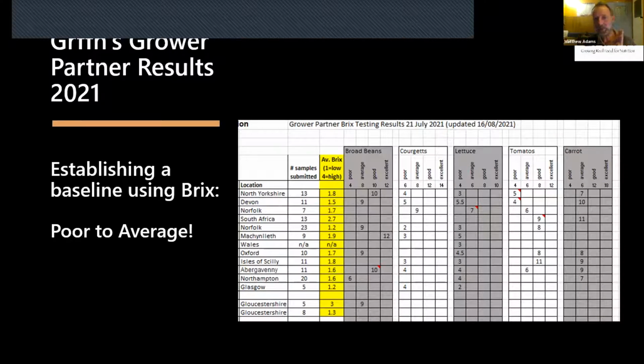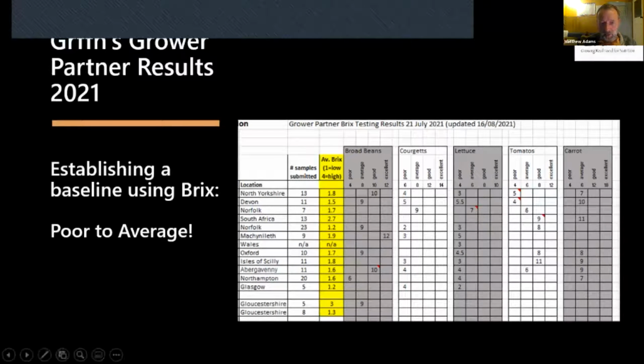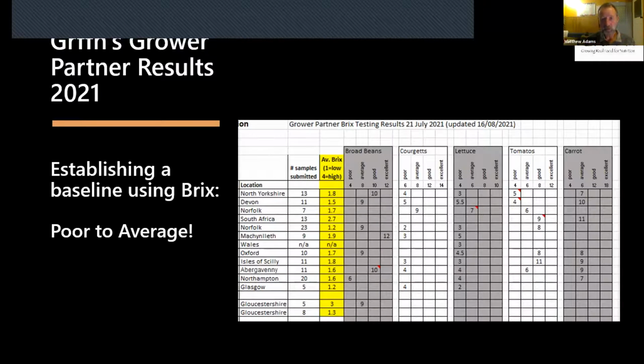It's taken over an average, so the more samples that are submitted, the higher confidence we'll have in these values. And it's interesting to look down here. We've got some results coming in from South Africa, and you should begin to notice that the quality of that food in South Africa, according to the Brix values, is quite significantly higher. So 2.7 would be in that good category. And what is great about the citizen science is that we can all meet and talk about, well, what have you done to your growing operation? How have you grown your food? And obviously, South Africa is a different climate, and